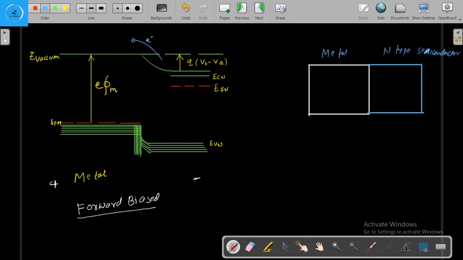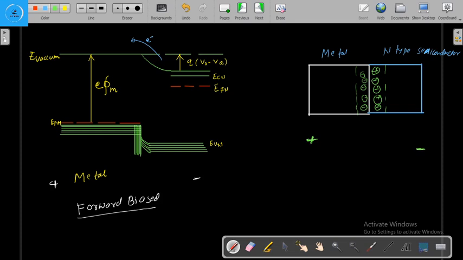Right, so when the metal comes in contact with the n-type semiconductor, the depletion region will be formed here, right? And now for the forward bias, we have to apply the negative voltage here and positive voltage here. Okay,